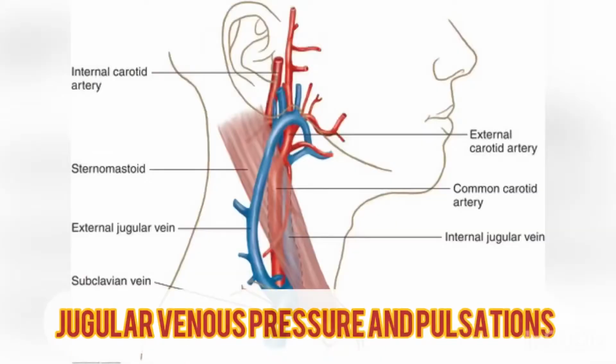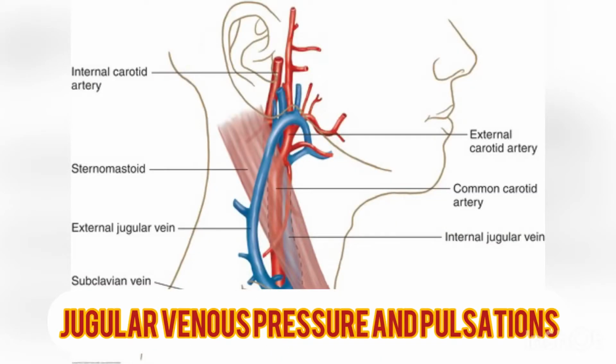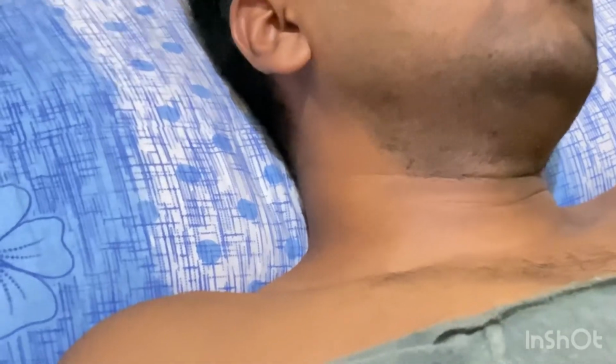Okay, sure. To assess the JVP, raise the head of the bed or the examining table to about 30 degrees. So first we'll begin by estimating the jugular venous pressure, which is the most important and frequently used skill of physical examination. The JVP closely parallels the pressure in the right atrium or the central venous pressure, which is related primarily to the volume in the venous system.